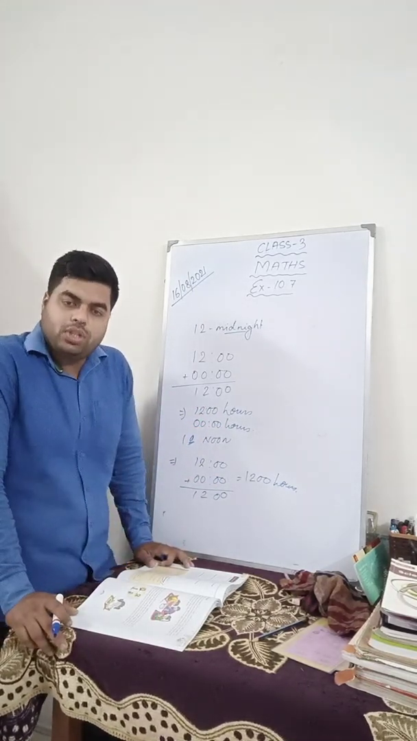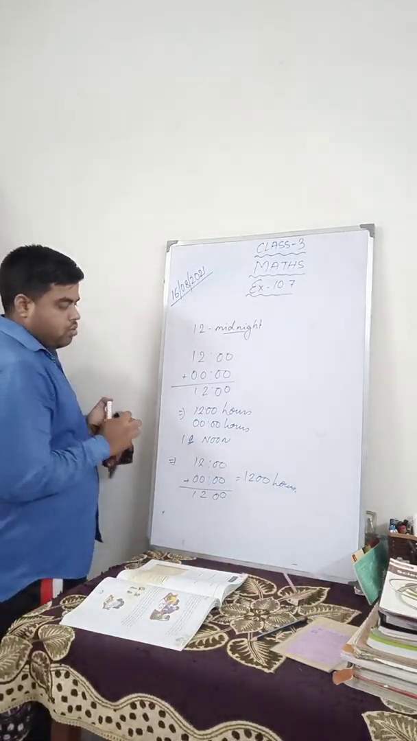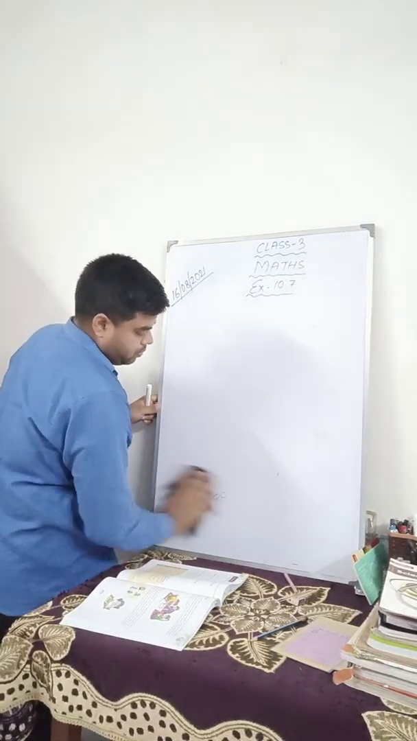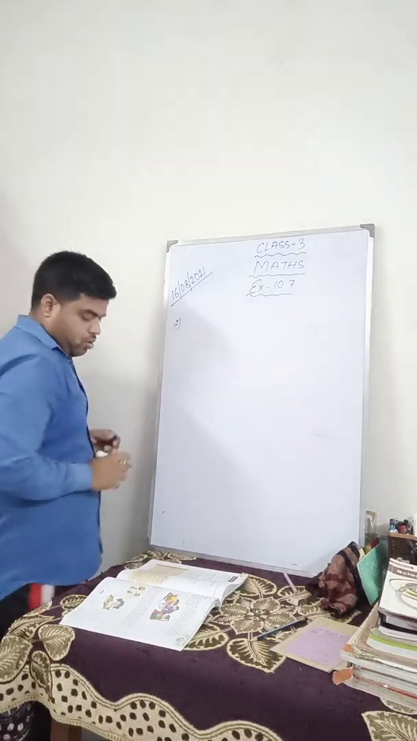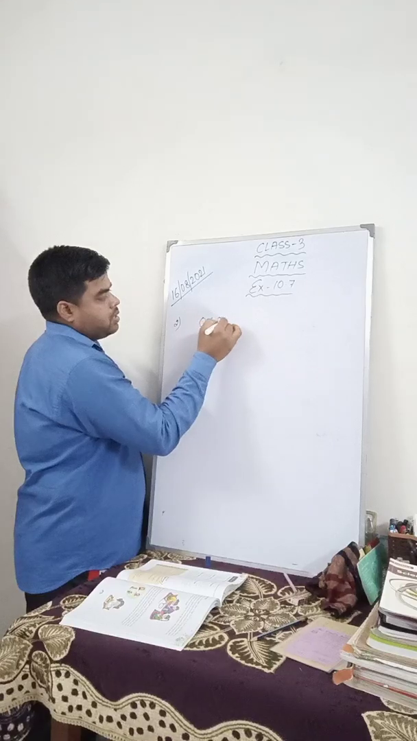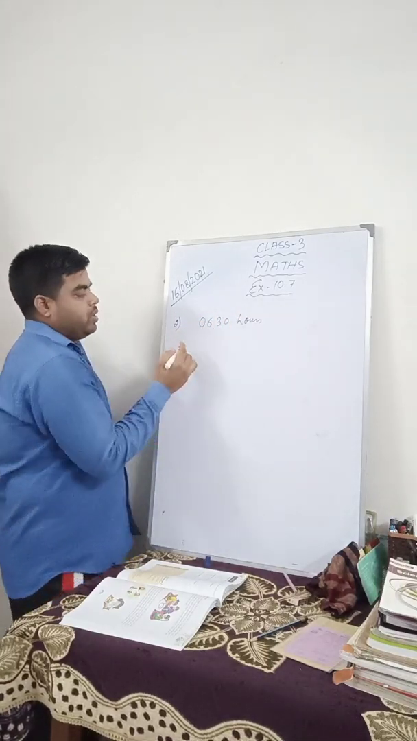So I hope you have understood this conversion of 12 hours to 24. Now let us convert from 24 to 12. That is question number 2. Let us do one. Suppose 6:30 hours. So we can write here